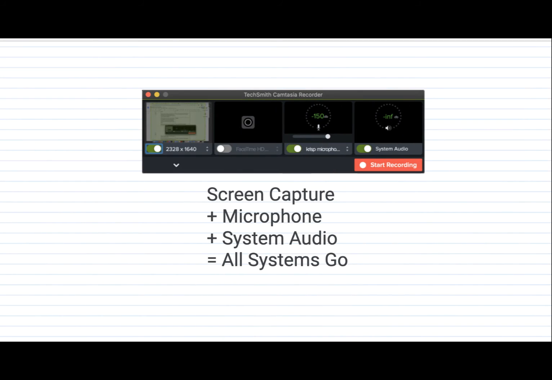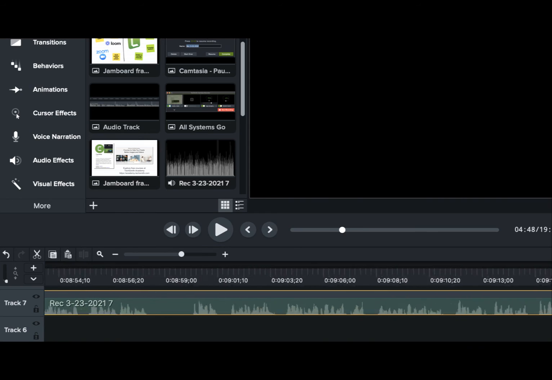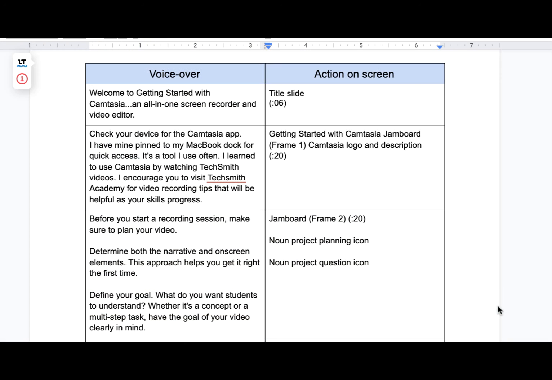If you have gone through your presentation numerous times, try recording the elements together. In the example shown, the screen capture is enabled to the left. The mic is on, as well as system audio. For me, it's more effective to start with recording audio only. This results in an audio track, which is often quite long, but I'll trim it down to what I need later. Now for my screen capture.